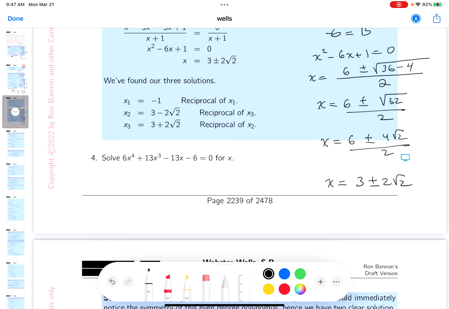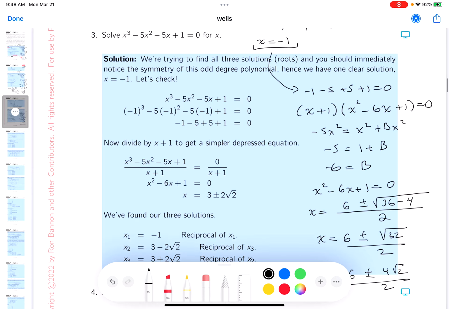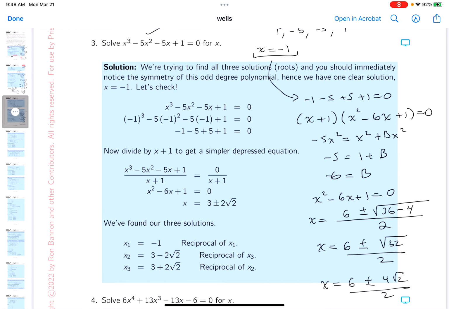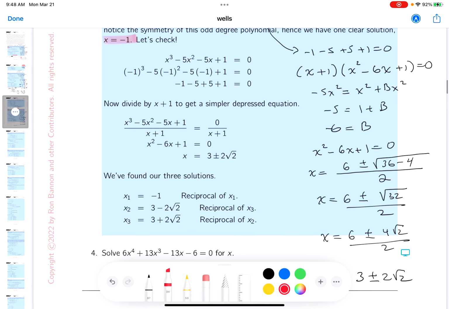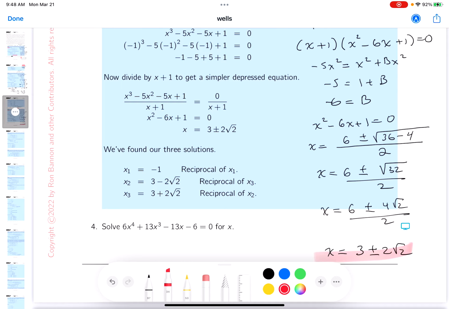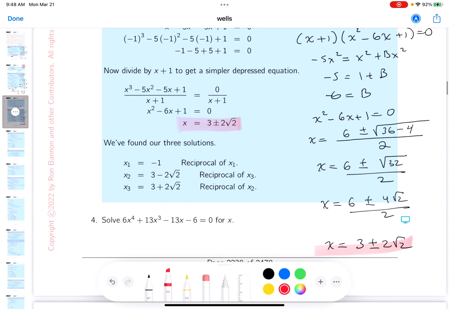Okay, so what do we have here? We have 3 solutions now. What are the 3 solutions going to be? Let's go through that. I found x to be, let me get my highlighter out. I found one root here, and that's listed there. And I found 2 other roots. That's right here, right here. Now certainly the reciprocal of -1 is -1, and that's what we're saying over here. And the reciprocal of x3,